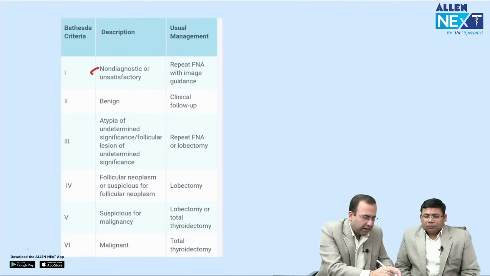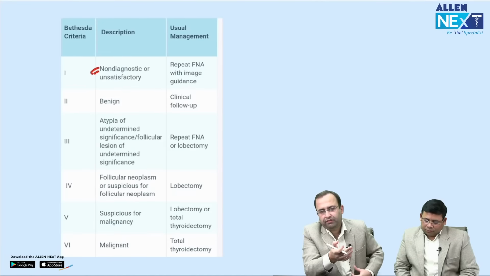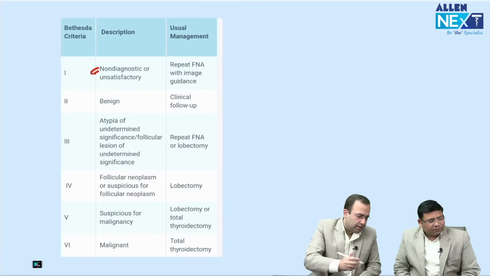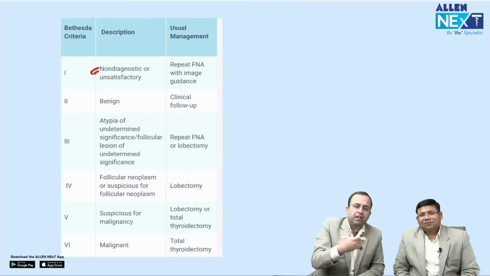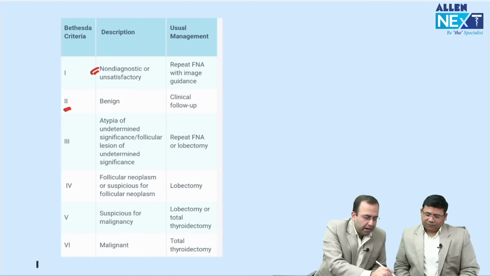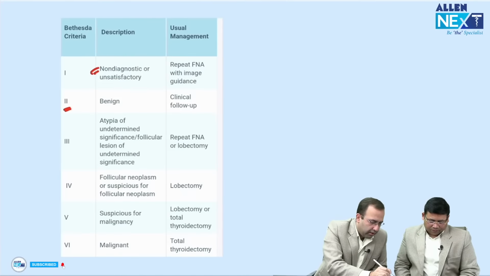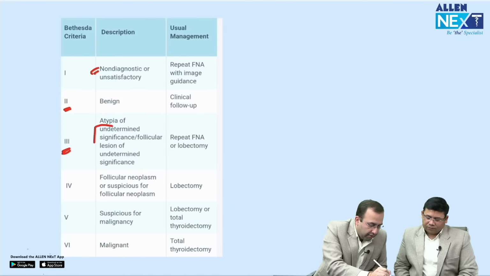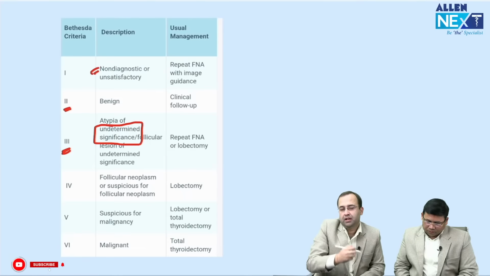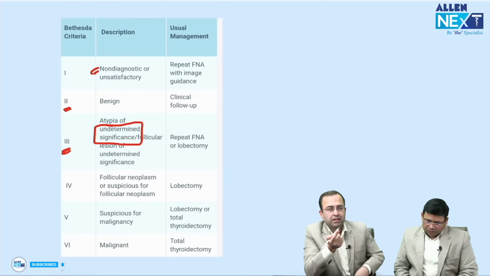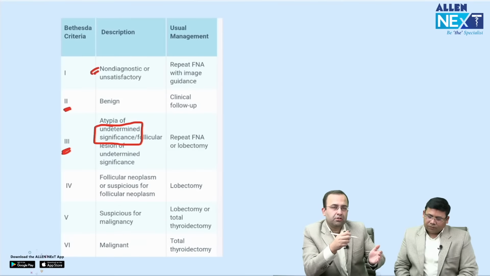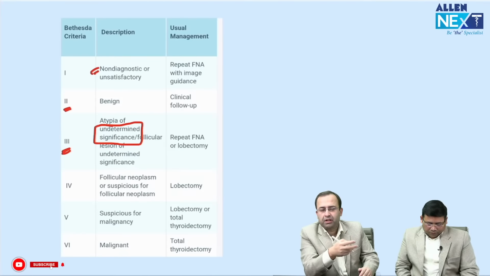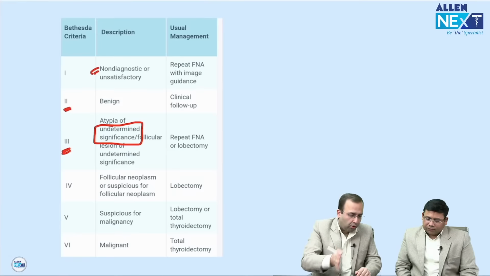One is non-diagnostic or unsatisfactory. If it is unsatisfactory and the first time it was done blind, then the second time we could go for image guided FNAC. If the first time itself was FNAC guided, we'll repeat it again. 2 is benign: clinical follow-up, nothing major is required. 3 is atypia of undetermined significance, or follicular lesion of undetermined significance. Whenever we have undetermined significance, we'll always go for the surgeon's opinion on whether he wants to perform a lobectomy, depending upon the criteria that sir mentioned with respect to age, size, ultrasound features, or whether he wants a